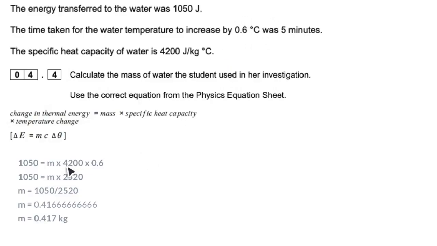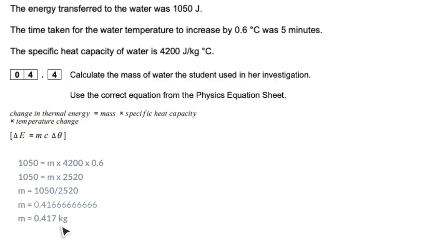And then we multiplied 4200 by 0.6, which gave us 2520. Then we rearrange this equation by dividing by 2520, and once we divide this, we get this answer. Now since the third digit is where the 6 starts going recurring, we round it down to 3 significant figures,